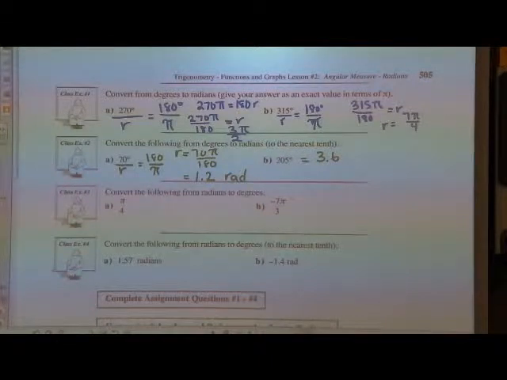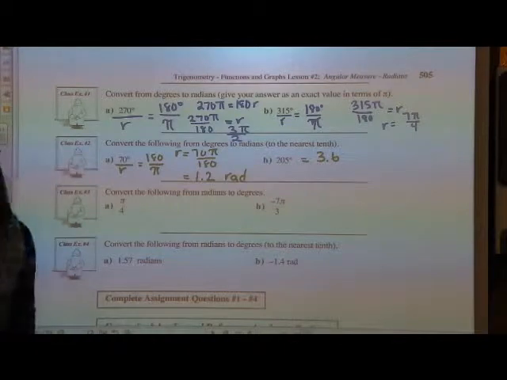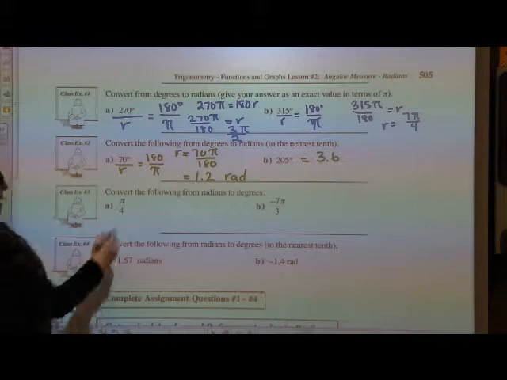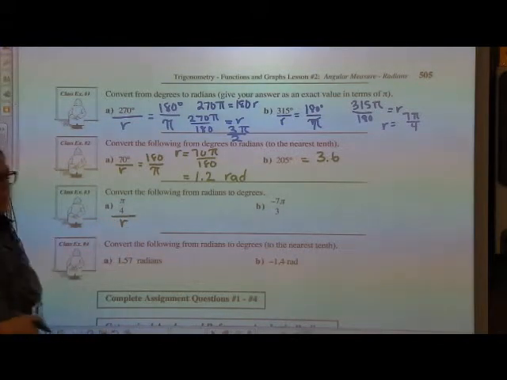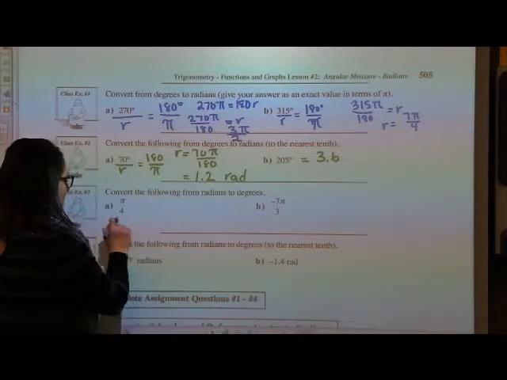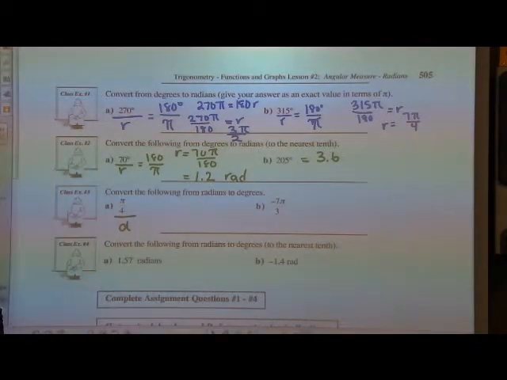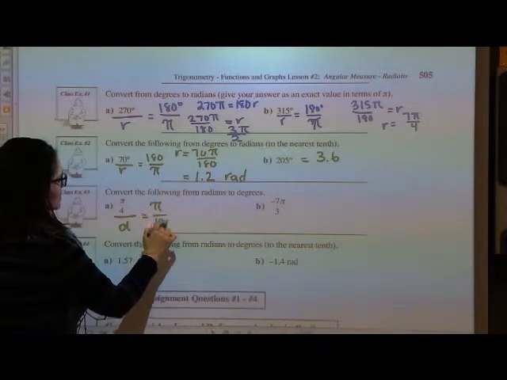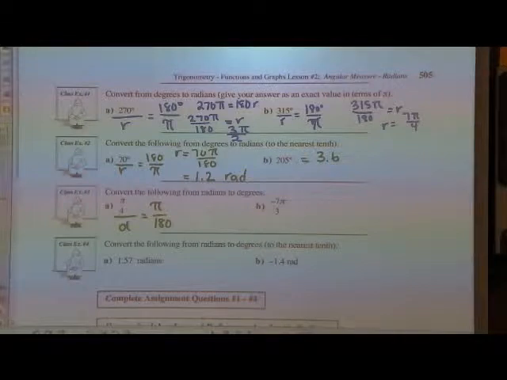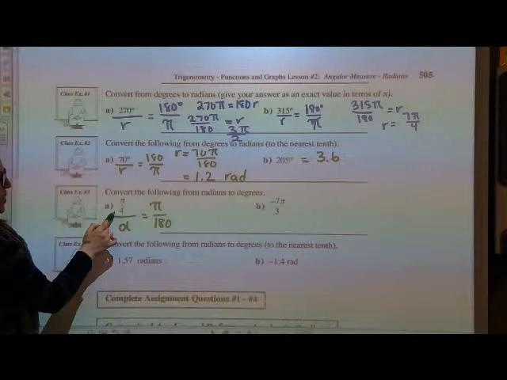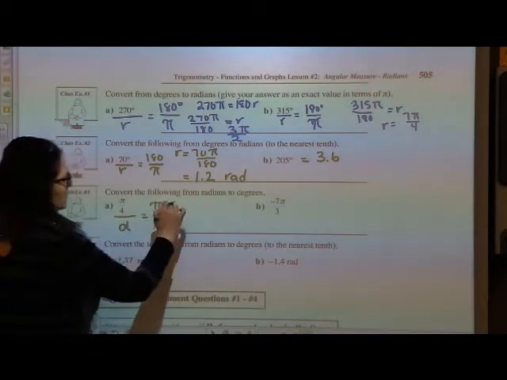So if I want to convert now from radians to degrees, this one does get a little bit more complex because I'm dealing with fractions and then more fractions. But if I let this still be a proportion, not over r, it would be over what this time? D for degree. And then that would be equal to pi over 180. So when I cross multiply, I get 180 pi over 4. So 180